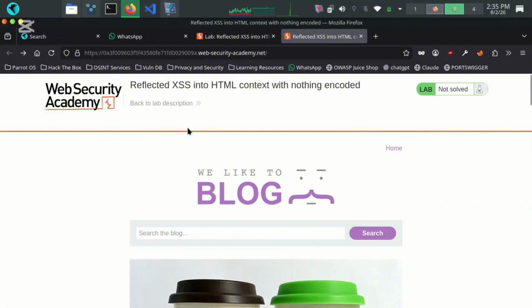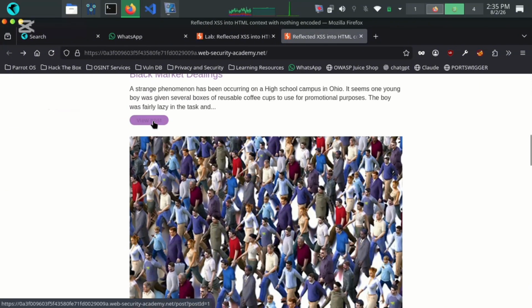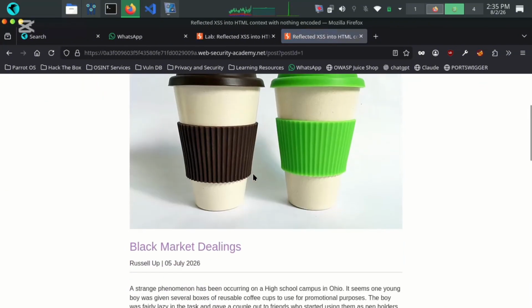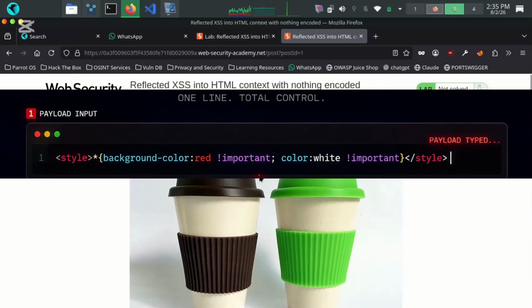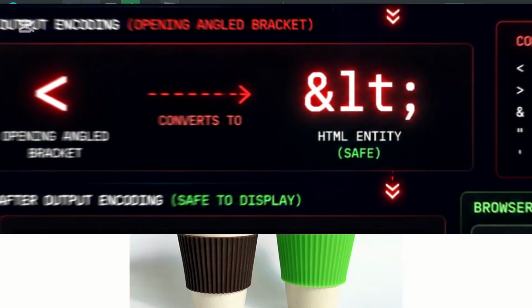My trick only worked because the site treated my data as code. So this is called output encoding. So watch this. My payload was a style opening tag, then the body background was red, and a style closing tag. So before it shows it on the page, the server escapes it. It converts dangerous characters into harmless text. So the angled bracket becomes